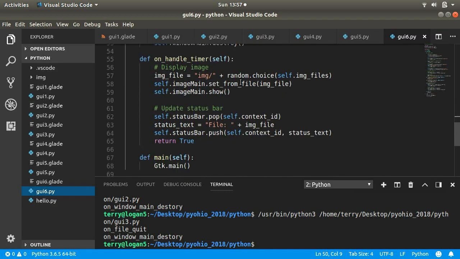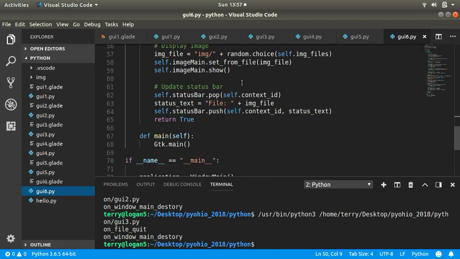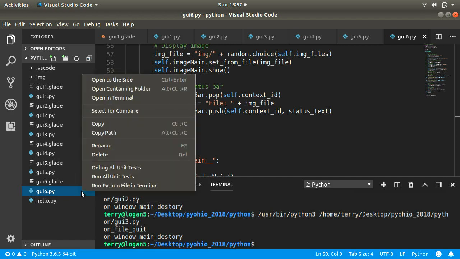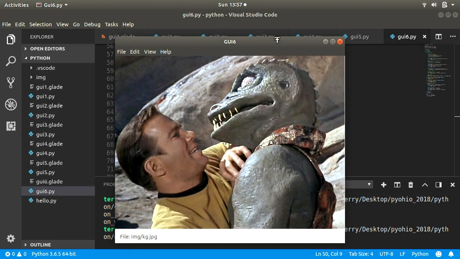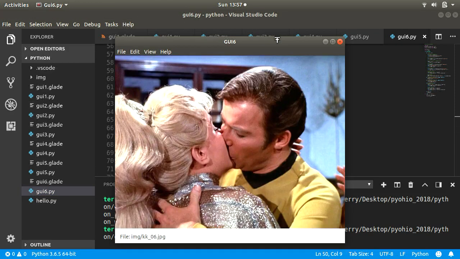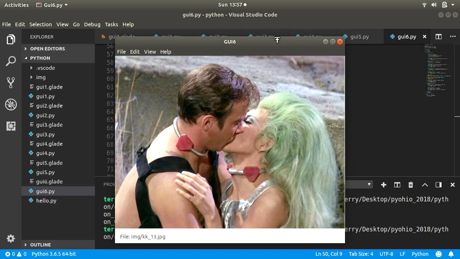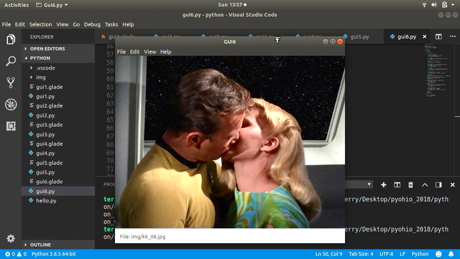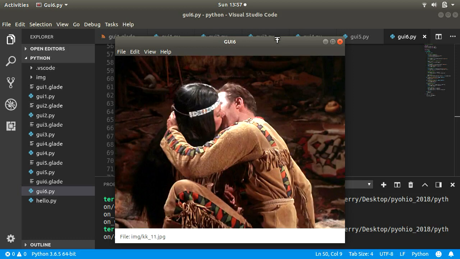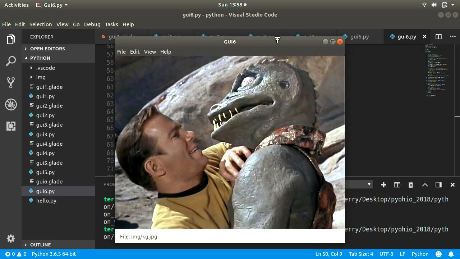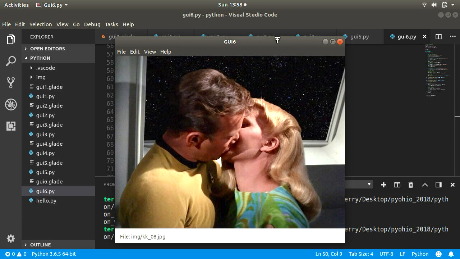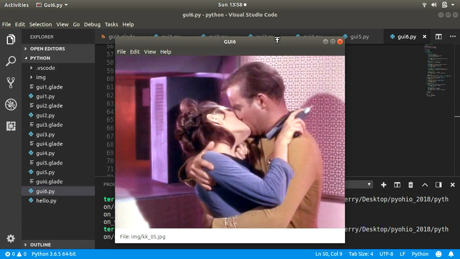I'm a big original series Star Trek fan, so I will warn you ahead of time that the images display random pictures from classic Star Trek episodes. So we'll run it here, and there we go. After you see Kirk kissing, then you go back to the Gorn one. You think they're kissing. But,